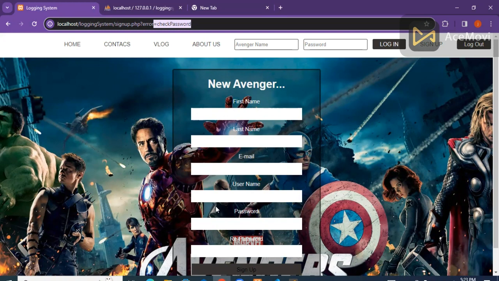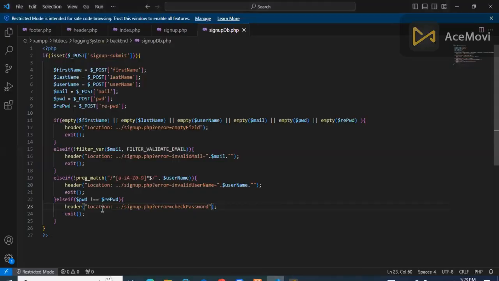If it is exist, then we can show a error message. So now, actually, this is our last validation. Therefore, we don't need else if. So now we can add else